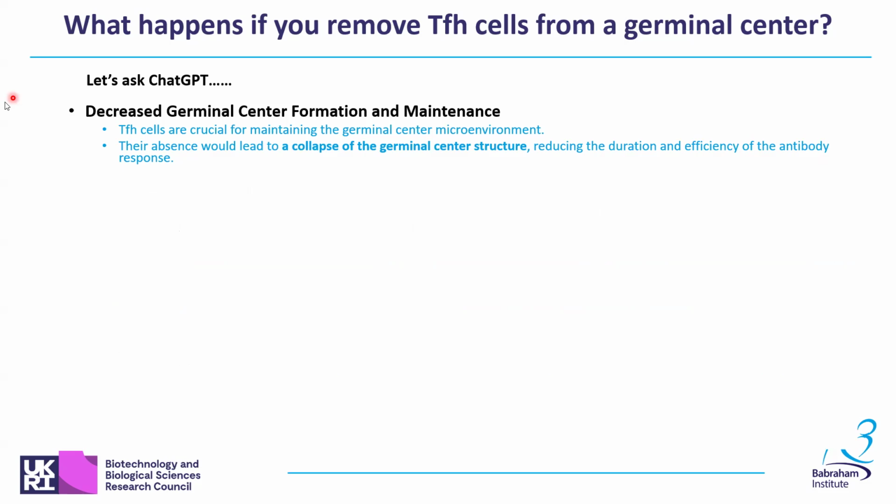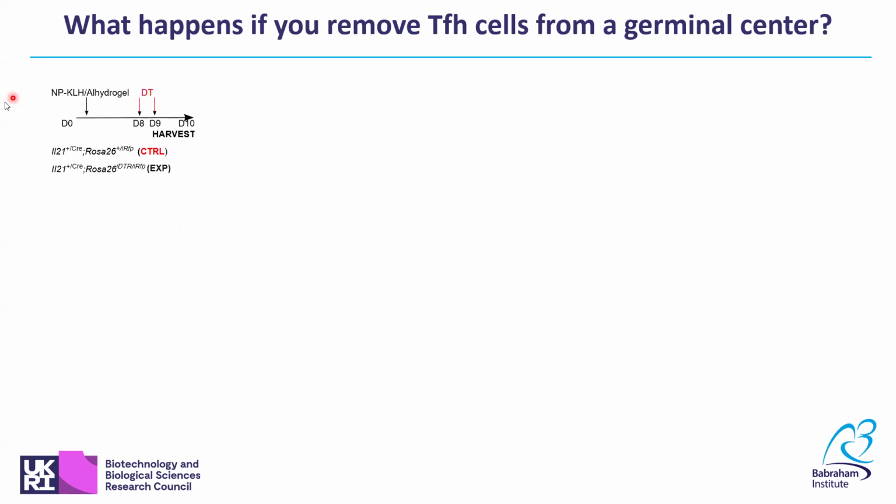And the first one was to look at the formation of the germinal center. Well, not the formation, but its maintenance because it's already formed. And so here we've used the same setting that we did last time. So we've given the mice NP-KLH, then diphtheria toxin after the germinal center is formed, and then looked at that